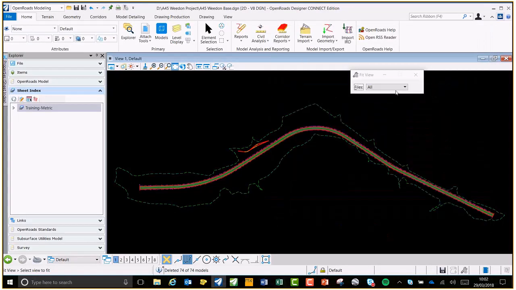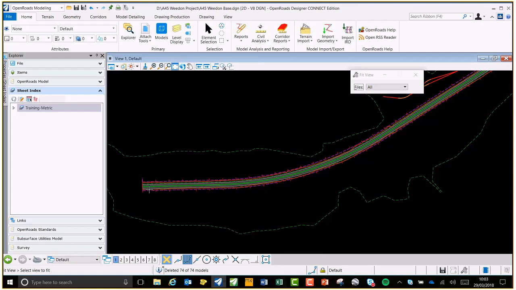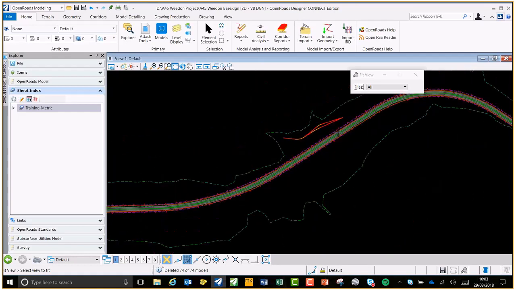Okay. Right. Well, mine this time was about plan setups, plan page layouts. As I say, I think we did this a little bit last time as well. But as I say, repetition reinforces the message. So, what I've got here is a little design I did with a terrain model and some geometry and a